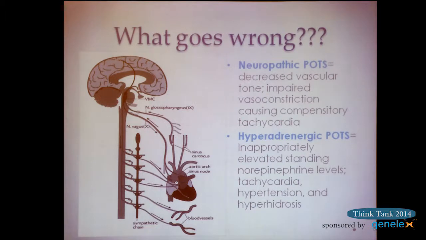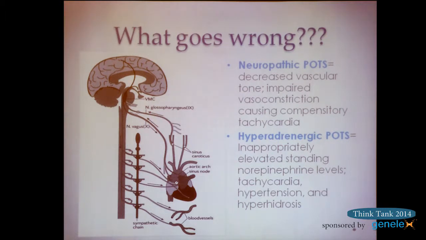So people have tried to categorize POTS, and I think the main two that are applicable here are neuropathic POTS and hyperadrenergic POTS. There's some that's POTS of chronic disease, but in reality, neuropathic POTS and hyperadrenergic POTS sort of cover all of those types of categories that people try to compartmentalize this disease state into.